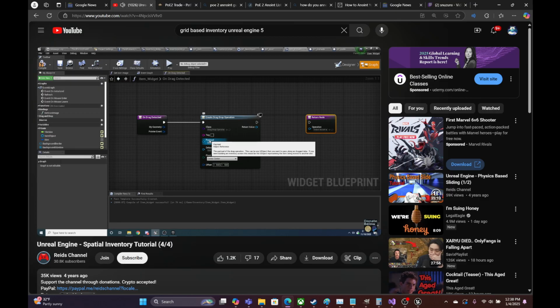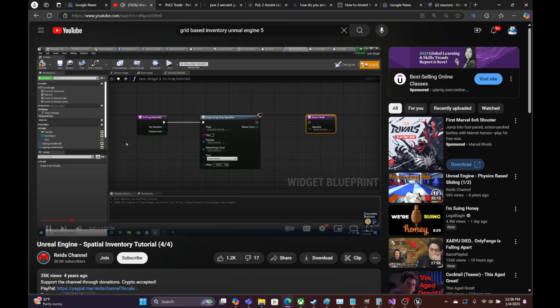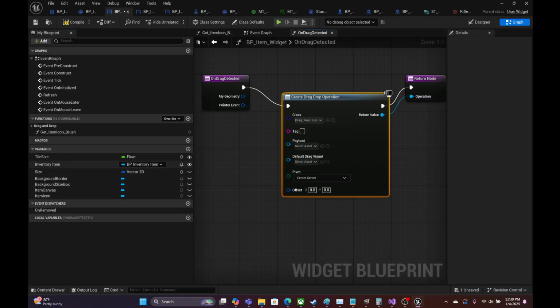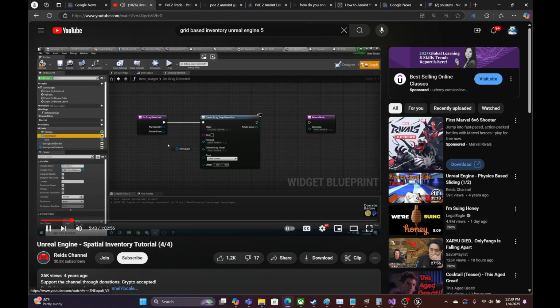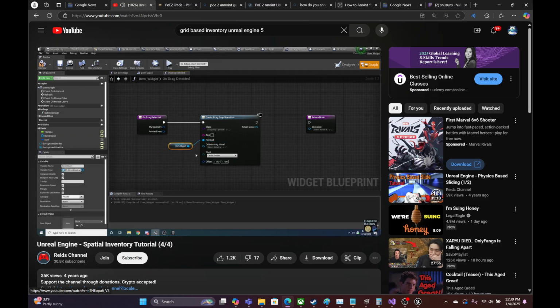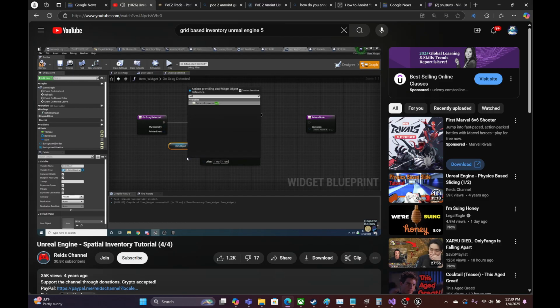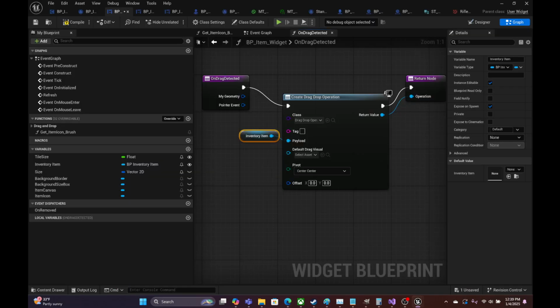So it pretty much tells us exactly what it needs to be. It needs to be the object that represents the thing we're dragging, which of course is our item object. So we will hook that up. And then the default drag visual is the widget it will display while it's being dragged. And we basically can just pass in ourself because we don't really